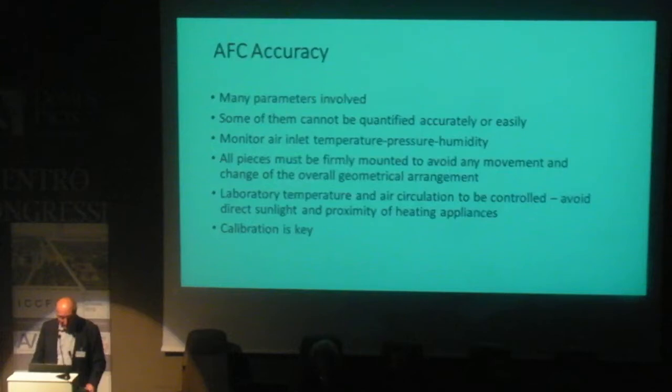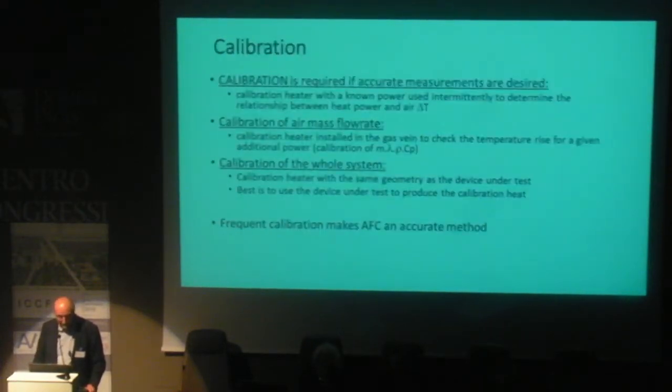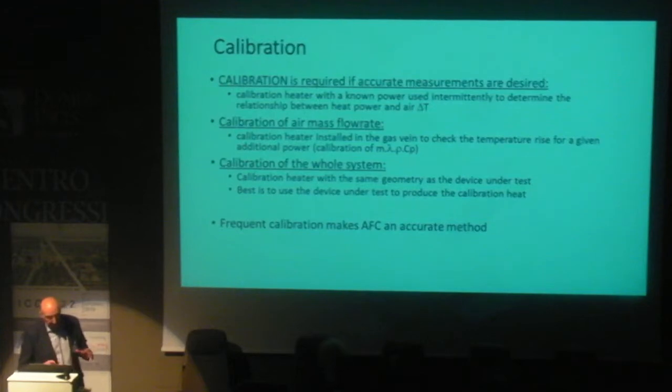The laboratory temperature and air circulation should be controlled. If you open the windows, the curtains, the sun irradiation, and so forth, it changes things. So calibration is key, definitely. In terms of calibration, you can calibrate two different things. You can calibrate the air heat power,